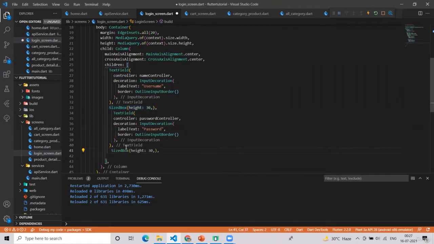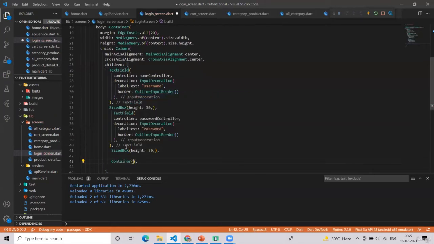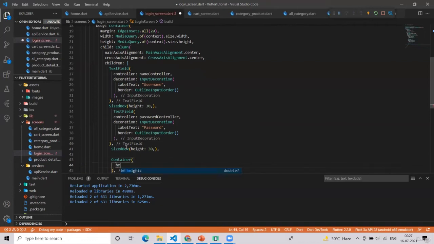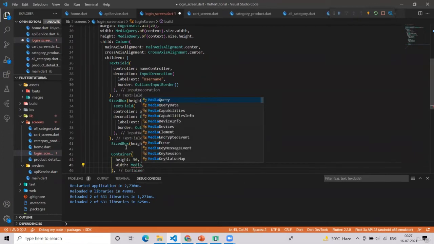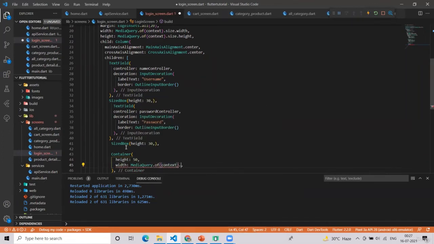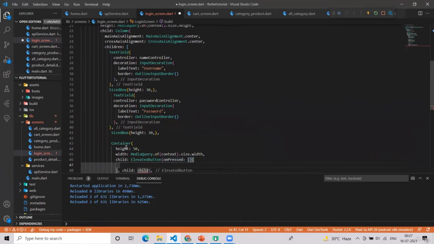Now after the text field we will have a button. Simply in the container I will give it a height of 50 and width of MediaQuery dot width, that is the whole width of the screen. This code implies that. Child, I will have an elevated button,